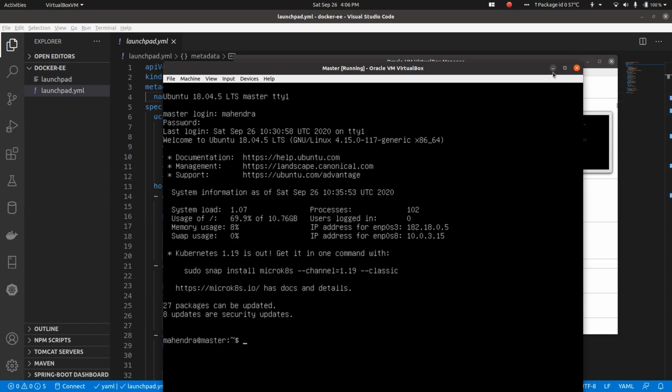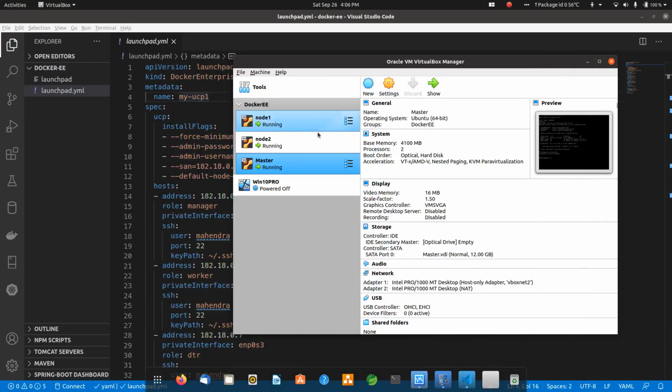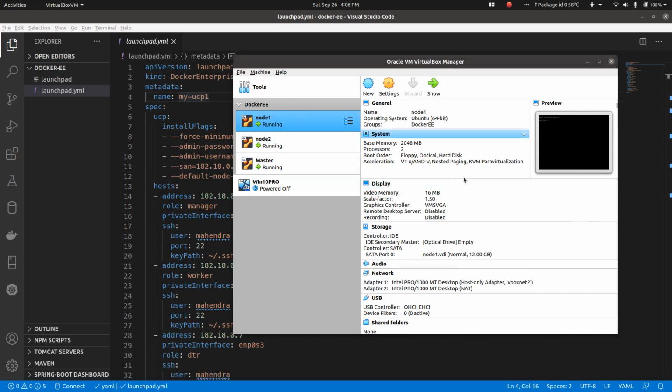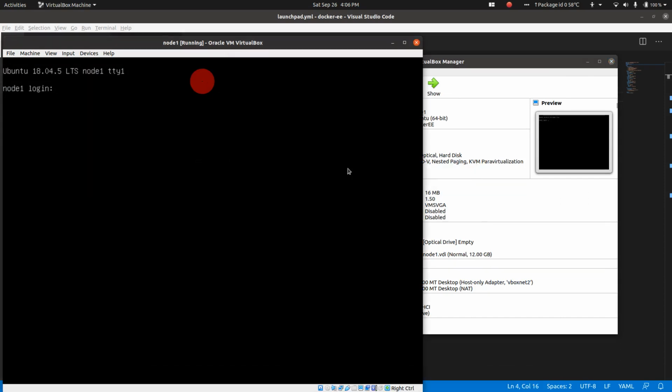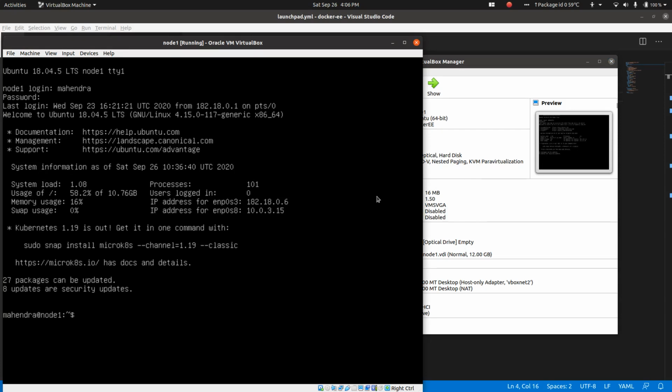Same way, I have got other machines. This is a master node. Then I have got node 1. Let me show you what is there in node 1. If I log in here, all of them have the same user ID and password, and also all of them are using the same SSH key pair. I'm using a single SSH key pair for all 3 machines.